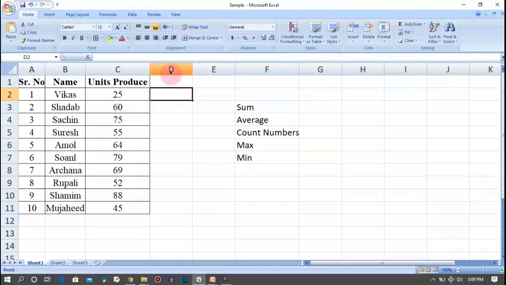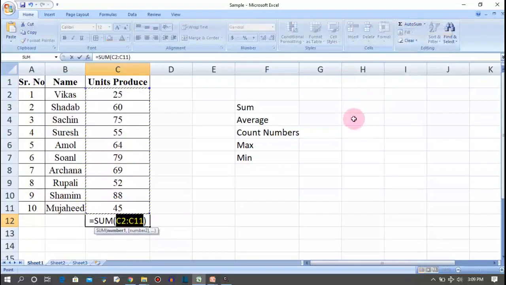Right now, you see that I am pointing at D2. Over here it is mentioned as D2. Then I am selecting, suppose, G2. So over here is G2. So this is about the cell. Now I am going to select the last cell, where the number 45 is present, and I select the cell below it. There is no value present over here, and I just click on this sum button. After clicking on this sum button, you see that something comes over here.